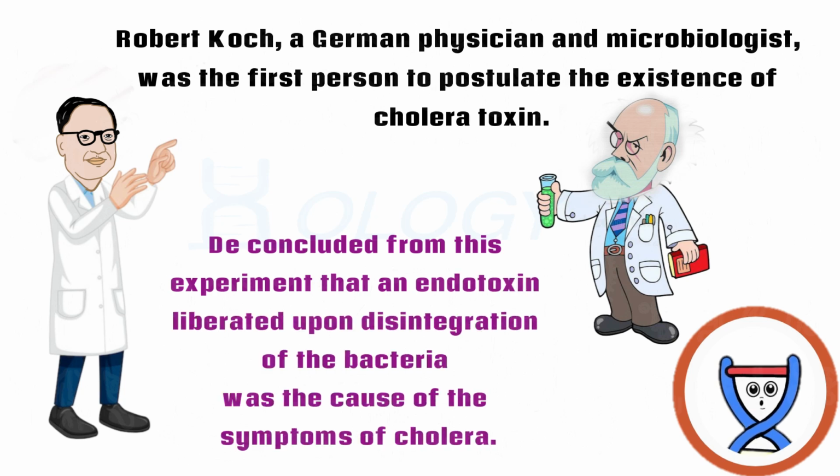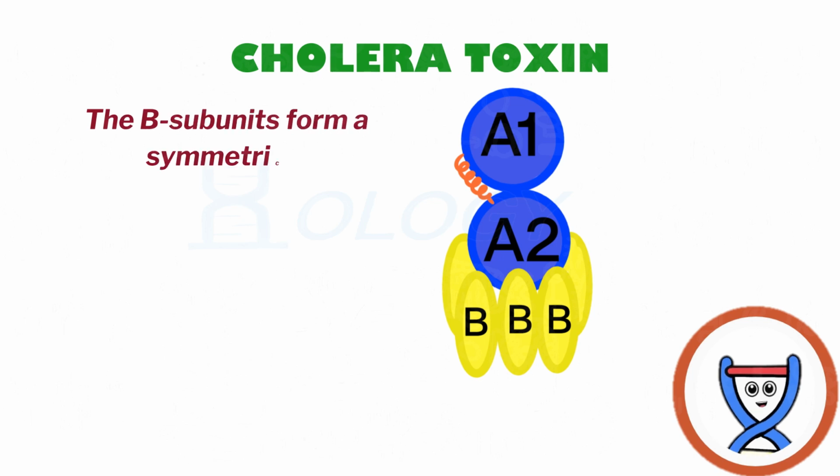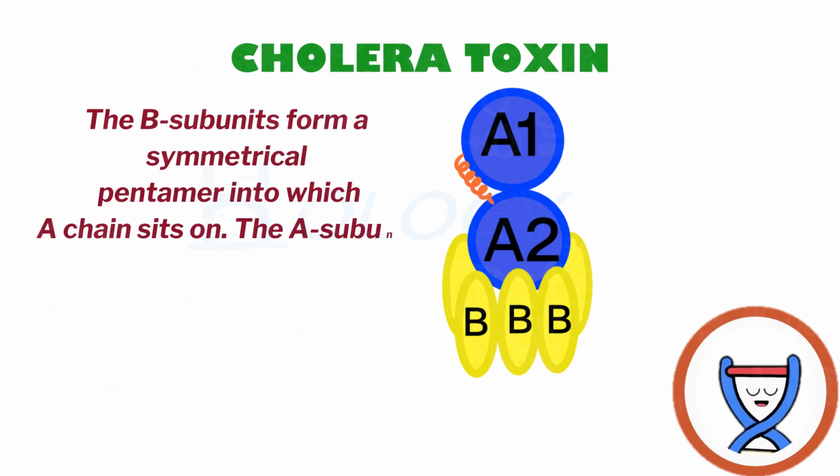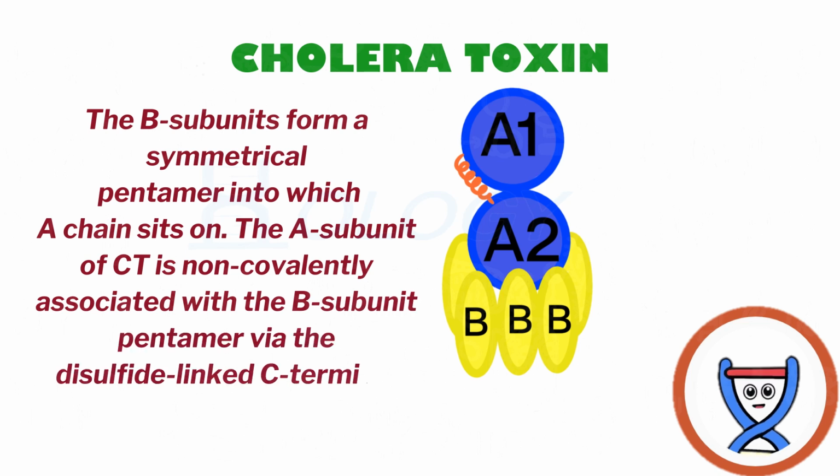cholera. The organism colonizes the small bowel and secretes a protease which activates cholera toxin, or CT. CT consists of one enzymatically active A subunit and 5 immunogenic B subunits. The B subunits form a symmetrical pentamer into which the A chain sits. The A subunit of CT is non-covalently associated with the B subunit pentamer via the disulfide-linked C terminal A2